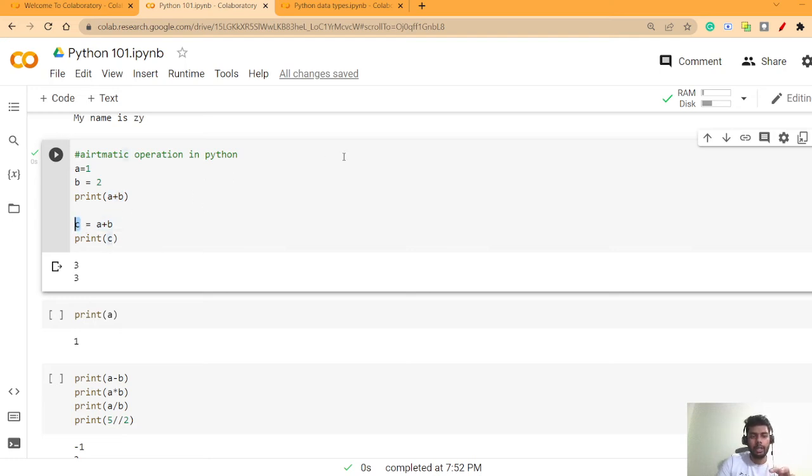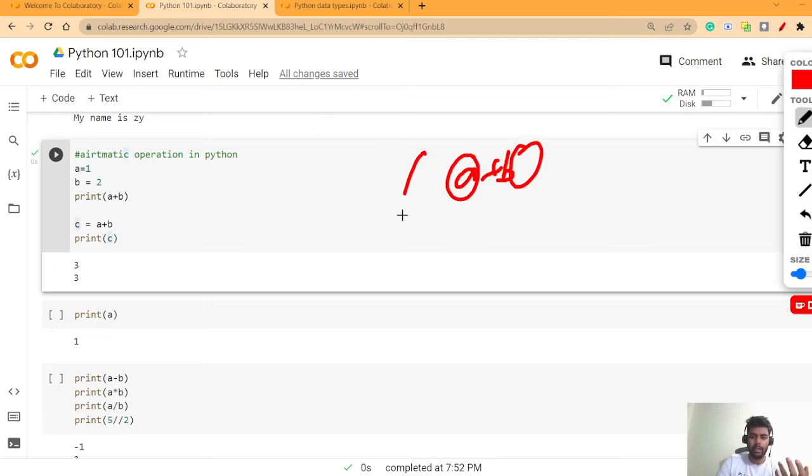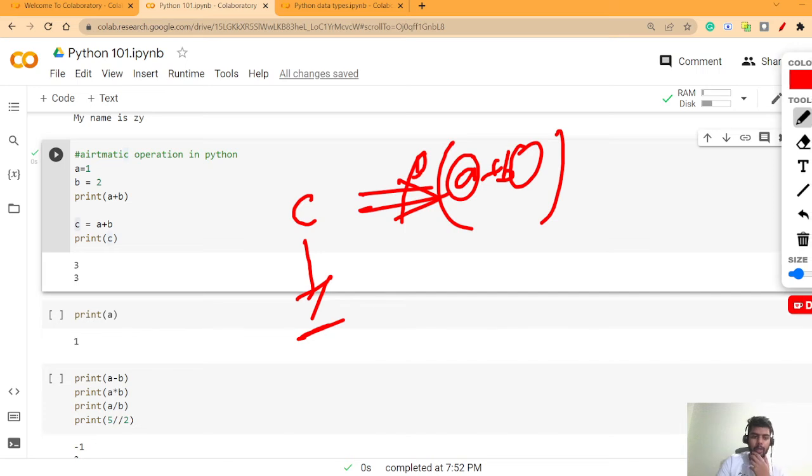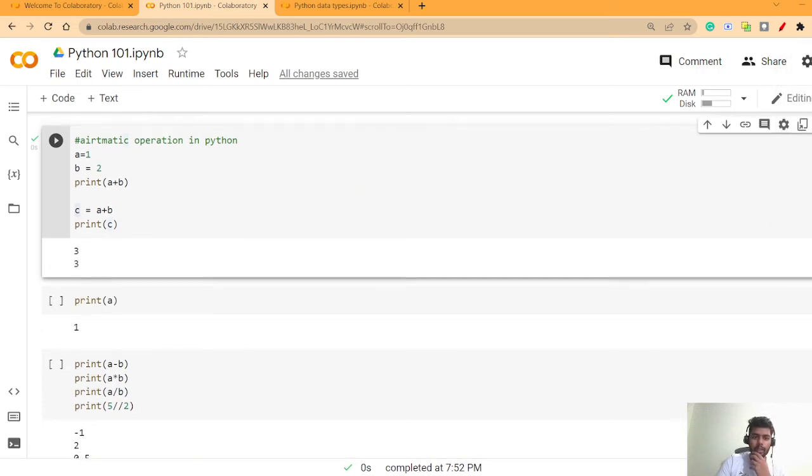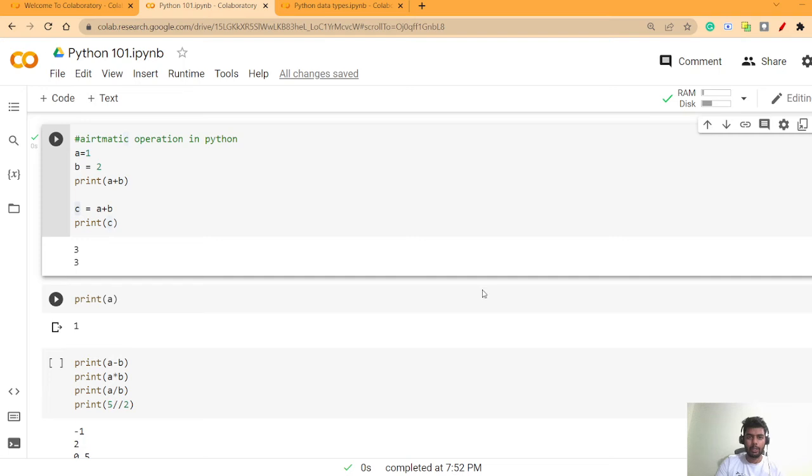So this is how you can do the arithmetic operations in Python. Either you store the numbers in variables, add them and directly print the result, or you store the result in some other variable and print that variable. Okay, if you just want to learn the execution of code in Colab,